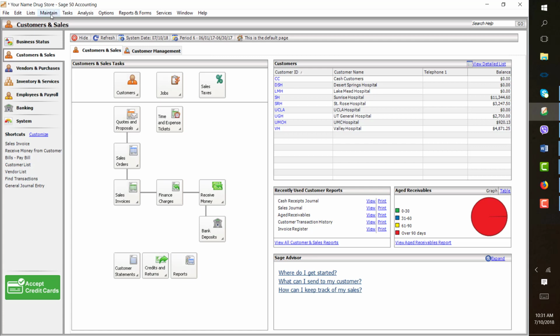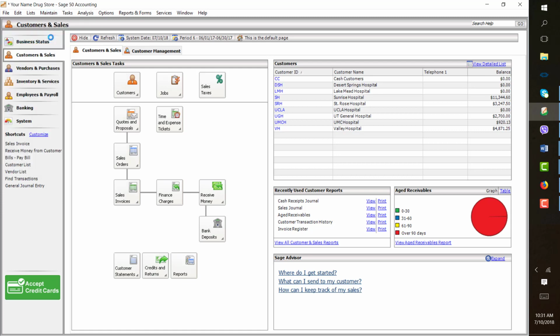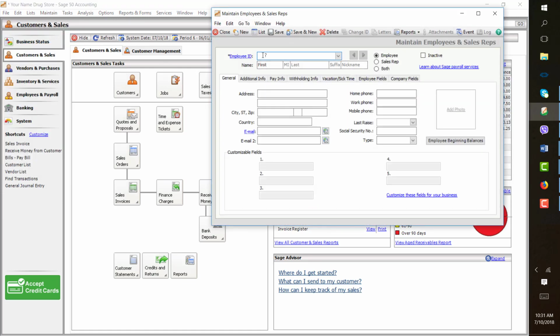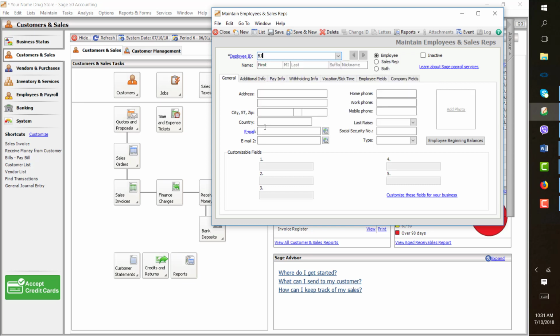Now you will set up the employee's payroll record and information. I will illustrate the first employee. On Maintain, click Employee Sales Rep. On Employee ID, use the employee's initial. So the first one is BJ, okay. On Name, type in Brian Joseph. On the address, type in 39 Valemount Drive, Las Vegas, Nevada, and the zip is